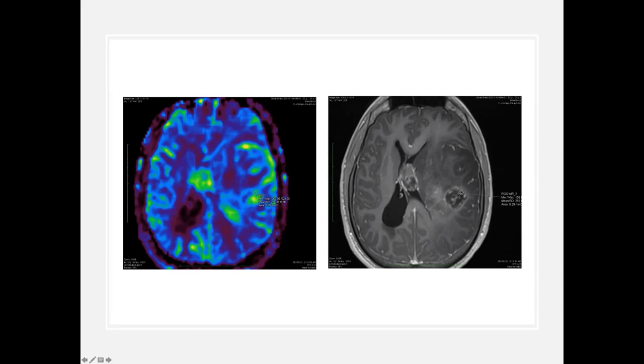I put an ROI here, copy that ROI, and paste that ROI when I go to the perfusion map. So even if the SNR is not good, I am very sure where I am taking my values. So it is very, very, very important to overlap T1 post-contrast images of similar thickness onto the CBV and CBF maps.